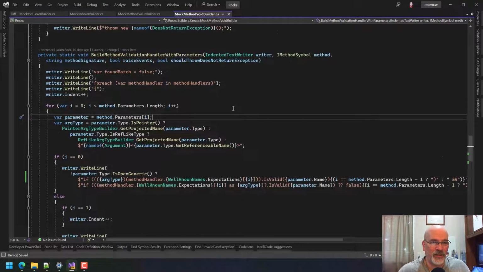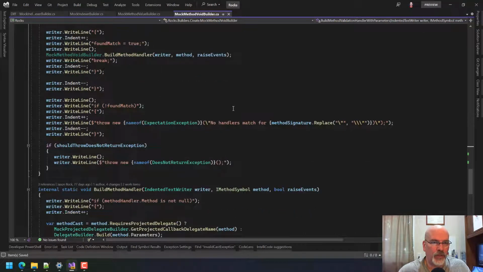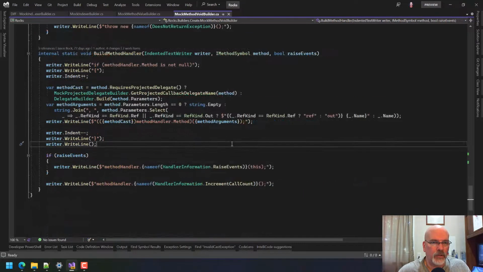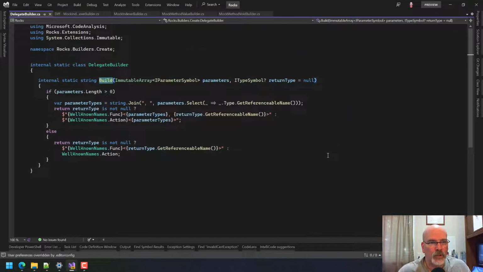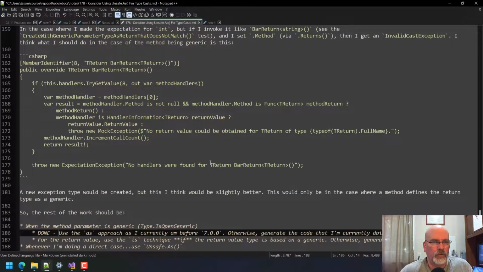I'm just yelling at myself because I'm like, oh, this is so much fun to debug. Build method, no, because that would be, really? No, that can't. That just gives you the, that's casting it to whatever method cast is. And those are the method arguments, which makes sense. So where's this coming from?